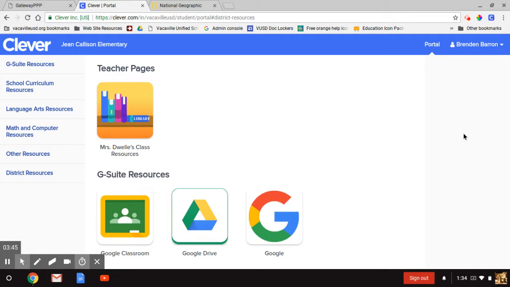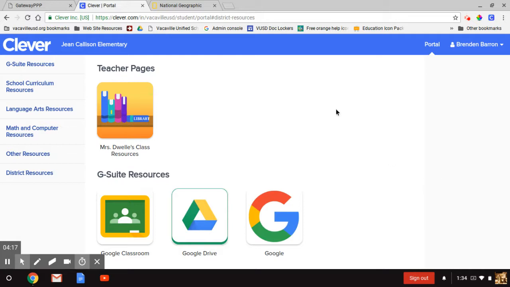The other great thing about this is not only is it customized for students to their school and their grade, this is also accessible from home. So as you are aware, all of our school gateway pages are not accessible from home. Only the BUSD gateway is. Therefore, that makes it hard for students who usually just click on a link to access some of their curriculum from home. This way, all of those links that are normally on the gateway page are now accessible for our students to access here on the Clever